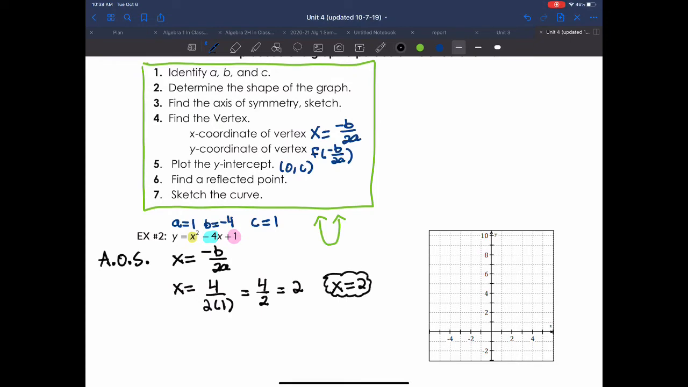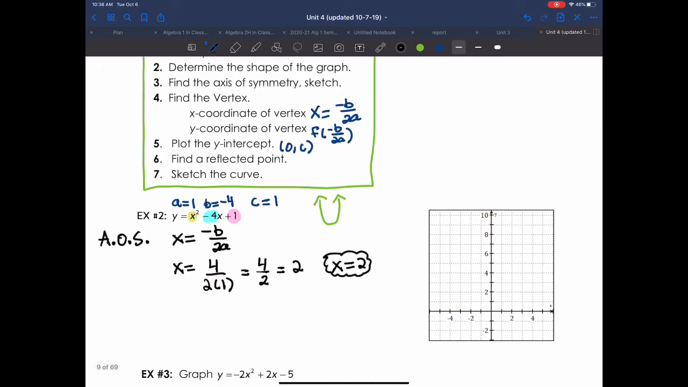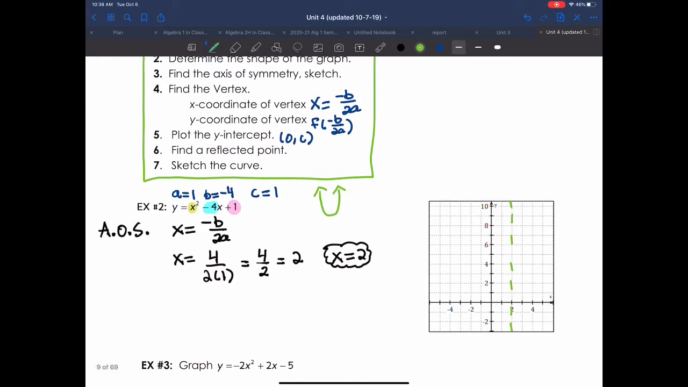So on my graph, I'm just going to go ahead and put my axis of symmetry down at x equals 2. This is going to be a dotted line straight down through the x-coordinate right there at 2. Now I have to find my vertex. Once again, my vertex is going to have an x-coordinate that is represented by this axis of symmetry. So if I'm finding my vertex,